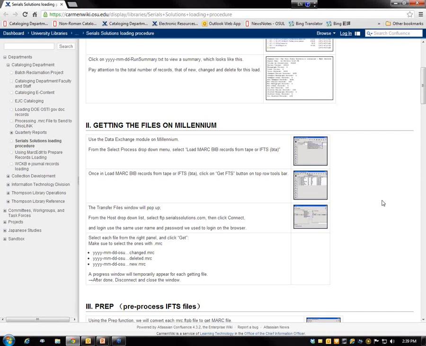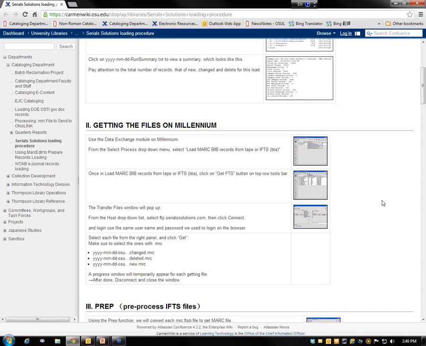You can't go one by one and check, hey, is there one? Well, there's a way. We can use MARC edit, and do a search for how many SSJ are in this whole package. If the number is less than the total, you know there's something going on, and you just have to painstakingly go through the whole package. That's not my favorite way to do it, because it's tedious. If it's less than 200, I would do that. If it's more than 1,000,